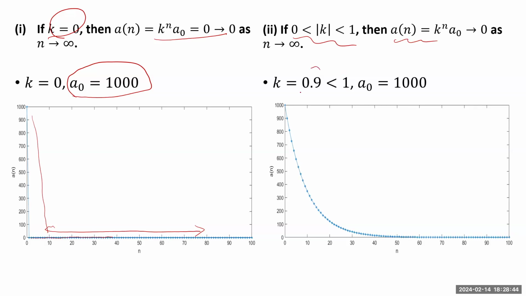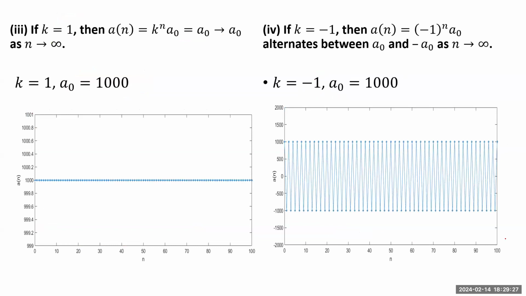If you take the k value as 0.9, which is less than 1, and a naught is 1000, see, in the beginning there is a decay over time. So for example, if you see on the graph, after 40, the values approach 0. So you can expect the population decay or bacterial growth, where n is equal to either 30 seconds or 40 seconds. In the case of radioactivity, the growth is decay and gradually it vanishes,